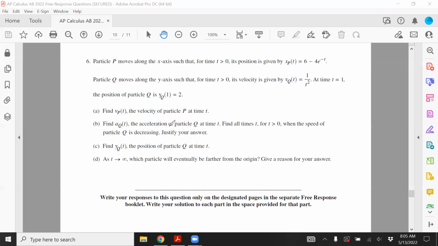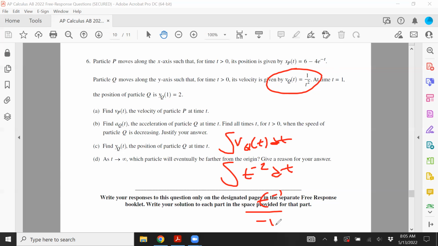For C, that's going to be an integral. So you're going to have to integrate your velocity function. Actually, we could just find the expression first and worry about the initial condition later. So you're going to integrate this. Yeah, because part C is asking you to find the expression for it. So that's the integral of t^(-2) dt. Excuse me, that's t^(-1) over -1 plus c. That's going to be your position function. Or -1 over t